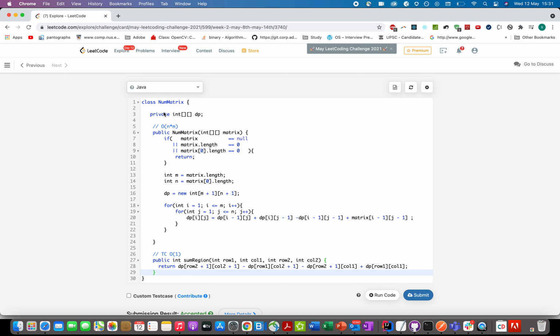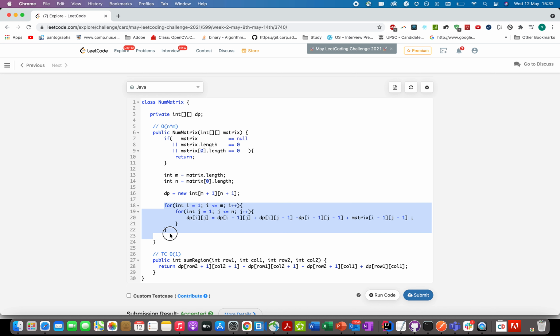The code is pretty straightforward. I created a DP array or a prefix sum array, and I put some checks here whether the row count is 0 or column count is 0. I abort the process. Otherwise, I created two variables, number of rows and number of columns that are there in the input matrix. I initialize the DP matrix to one size greater than the size of the input row count and the column count, and I started building the DP array. I started from i equals 1 position, went up till m, and j started from 1, went up till n. And I use the same formula that was specified in the presentation to actually fill in values in the DP array.